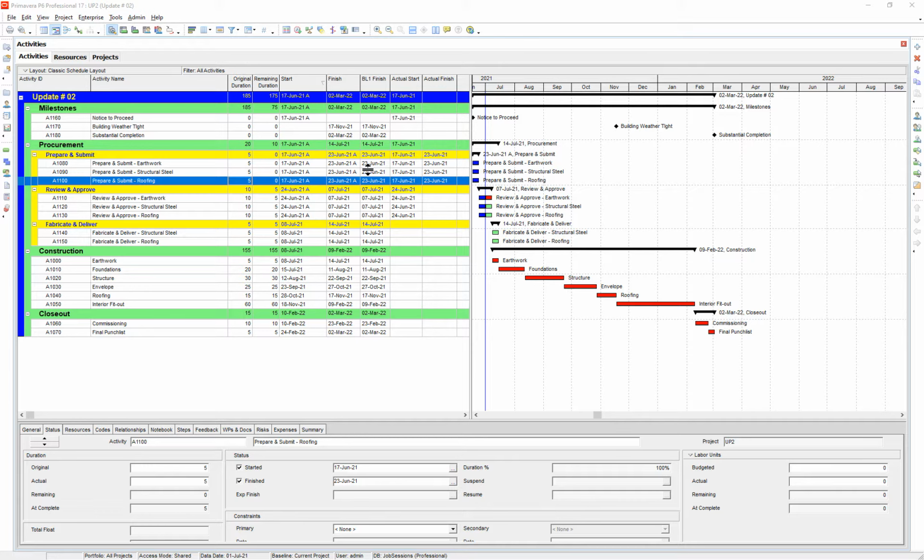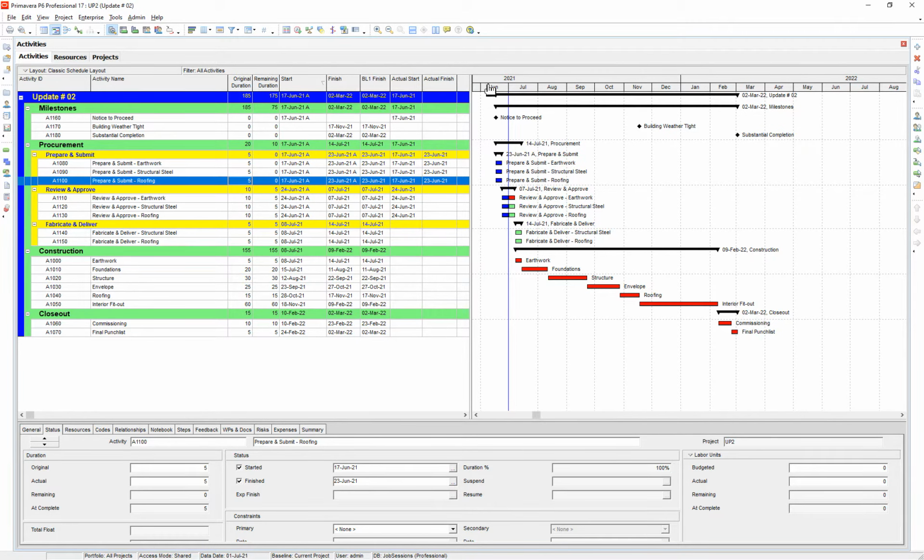So we're in Primavera P6, and I would refer to this as my June schedule update. So everything left of the data date is progress. Everything in the future, everything to the right of the data date line, is future planned work. And so let's say that